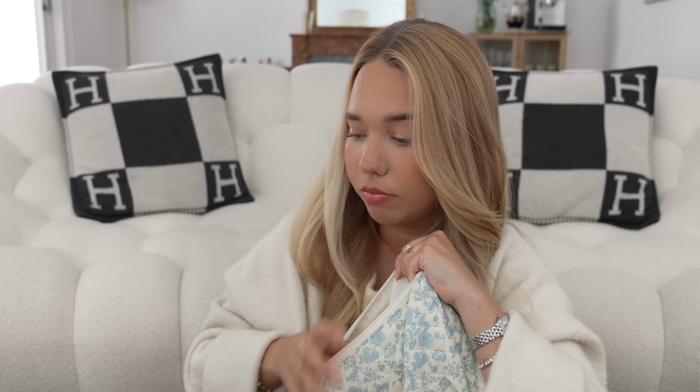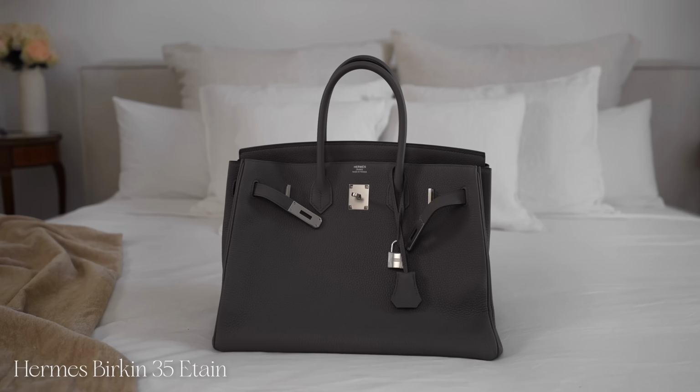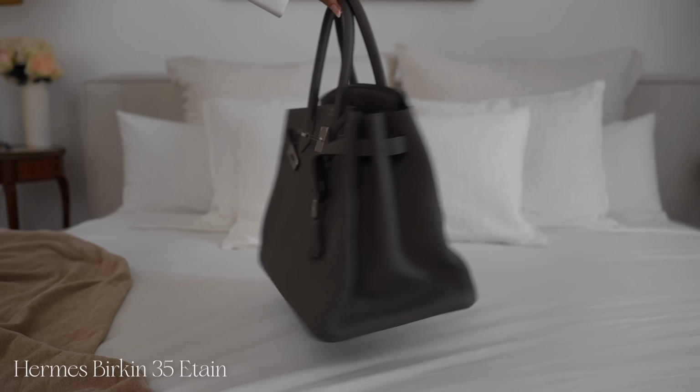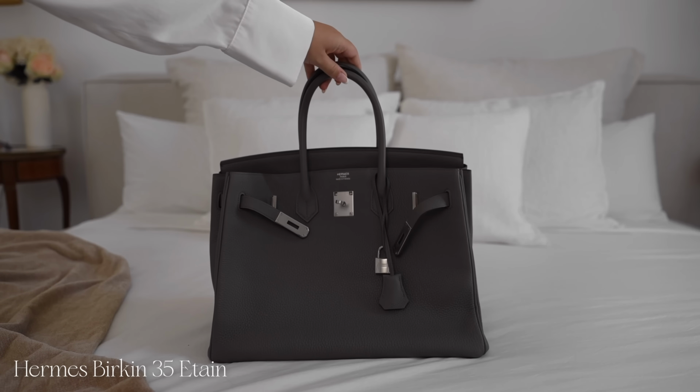So moving on from my beach stuff and going more into the actual clothes and shoes, my Birkin 35 is definitely going to make it on the list this month. I have used it so much. I love this bag so much. I find it so useful, especially when you're traveling or when you have to go places and take a lot